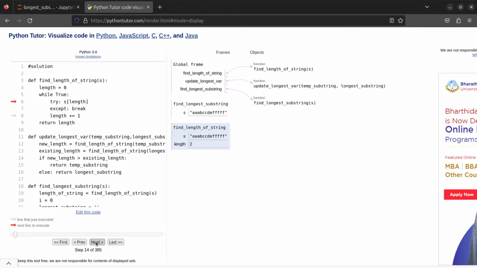So now length is 2. I'm executing one by one. Initially length is 0. Now I'm trying to fetch s of length. Length currently is 0, so it was no problem. Now length plus 1 is going to happen. Because there was no issue, we just incremented the variable length,